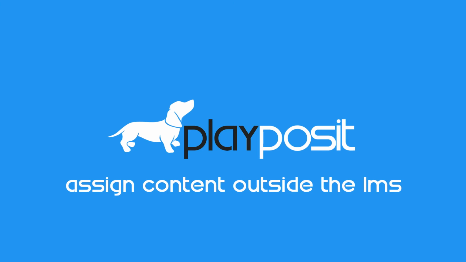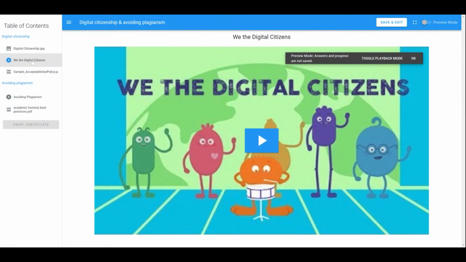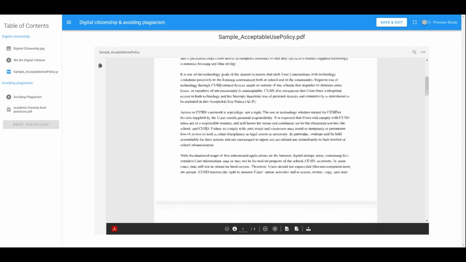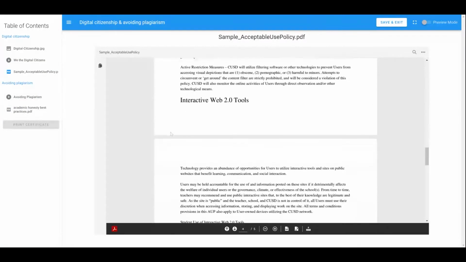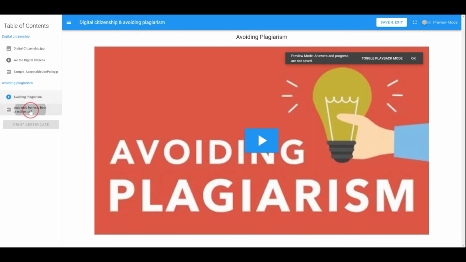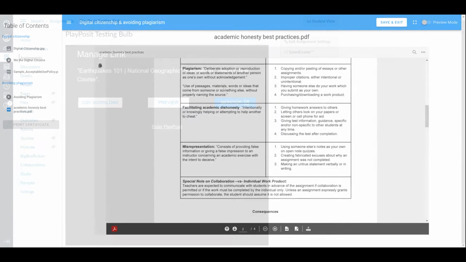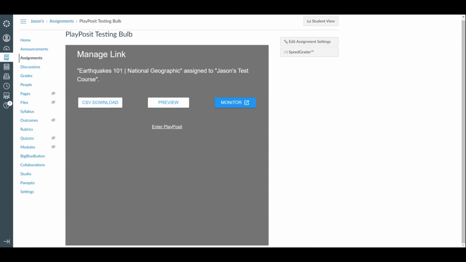In this screencast, we will demonstrate how to assign Bobs directly within PlayPosit. It will bring more possibilities for instructors and administrators to utilize PlayPosit for other purposes, like providing training or professional development. For users who used to launch PlayPosit from their learning management system, please follow the steps to create a password to log into PlayPosit outside of the LMS first.